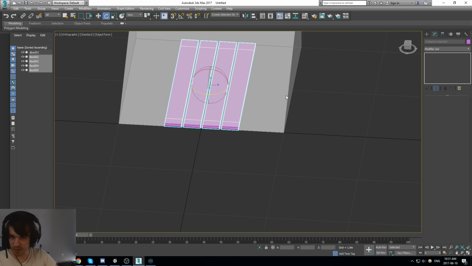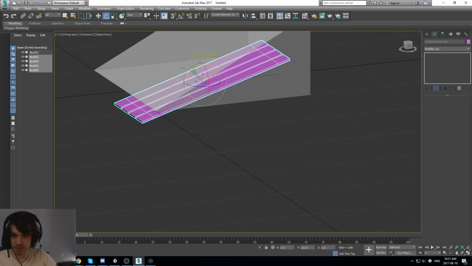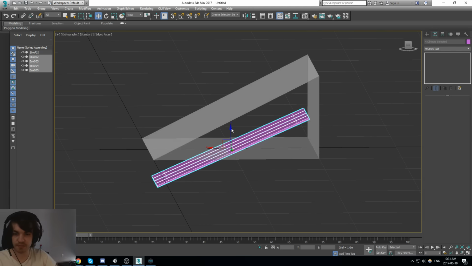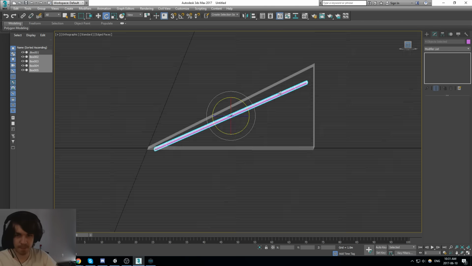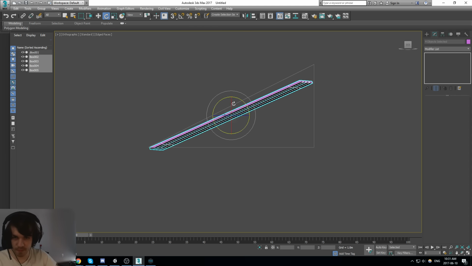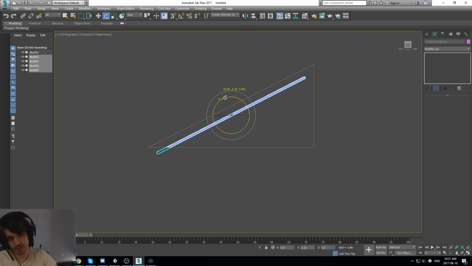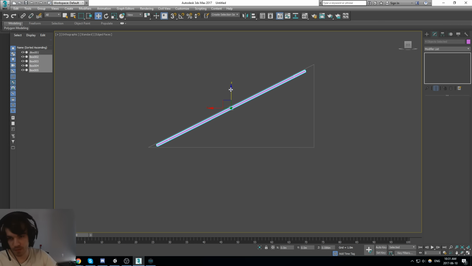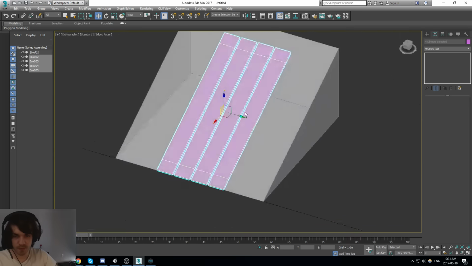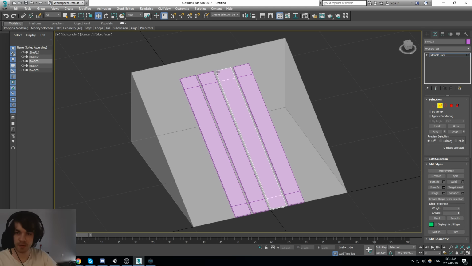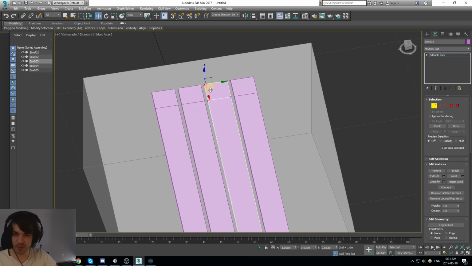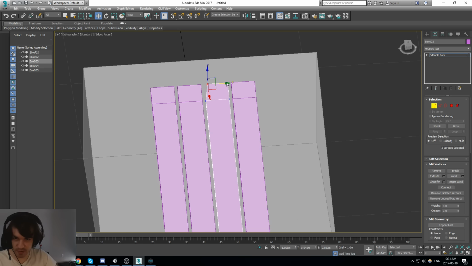Here's the object, and we can rotate it just to make sure we have the jumping thing going on. Alright, let's play around with the ends of it just a little bit.